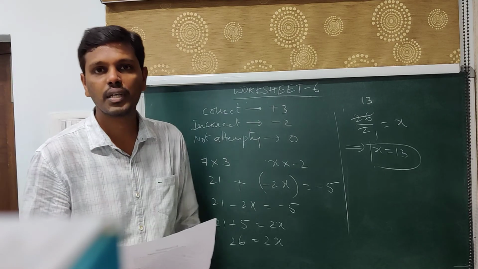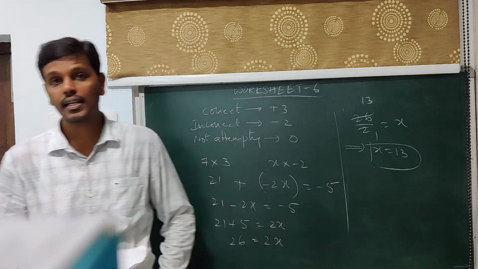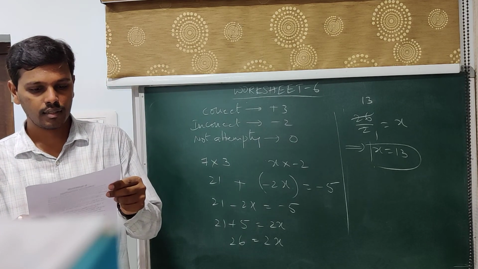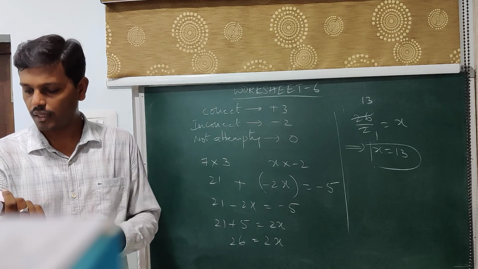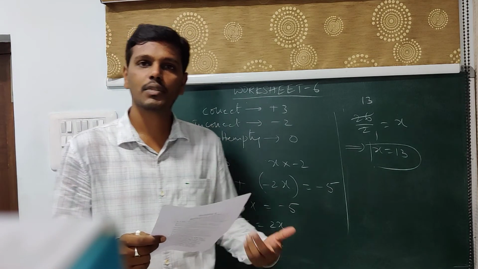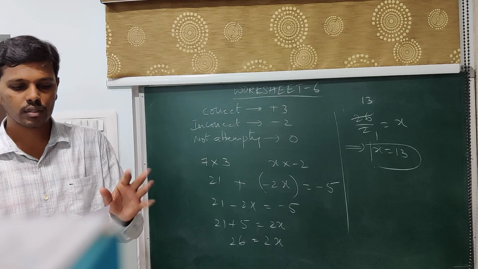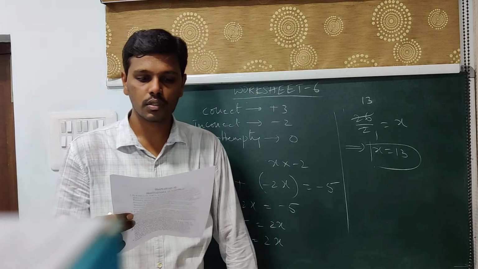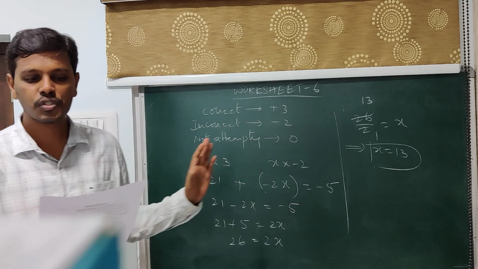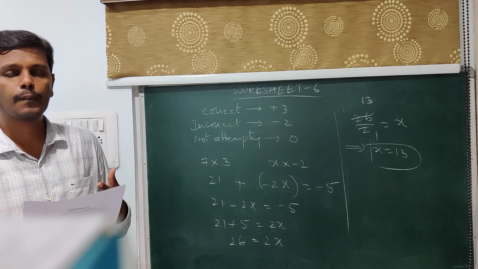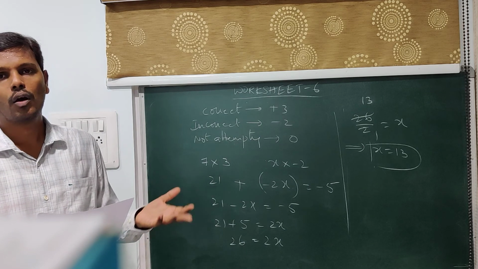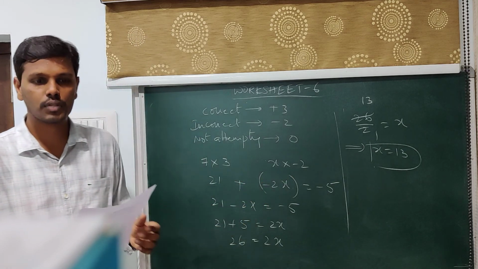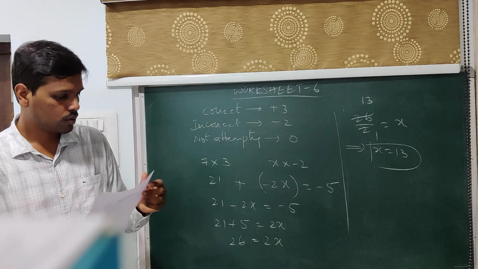Again, here we have an ambiguity. That is, we don't know whether each of the candidates has attempted all the questions or not. So here I have made an assumption that each of the candidates has attempted all the questions. That is something that needed to be made clear in the given question. Of course, it is not in this case. So here again the assumption is that each of the candidates has attempted all the questions. That is the assumption which I have made in order to resolve this.